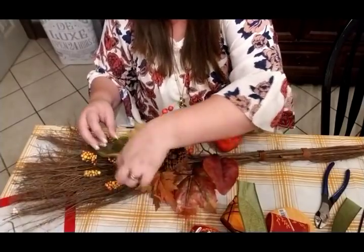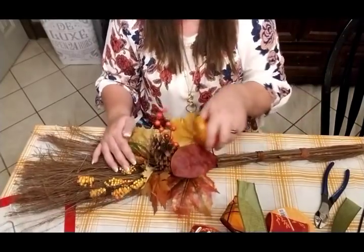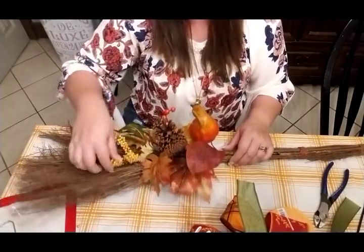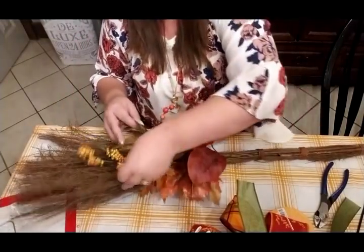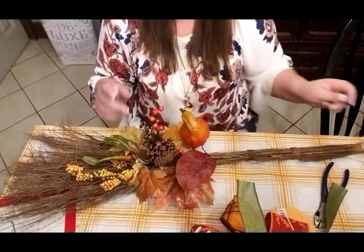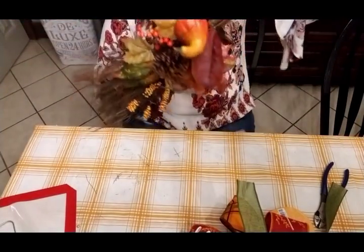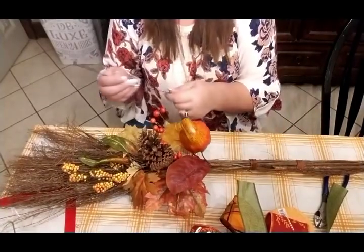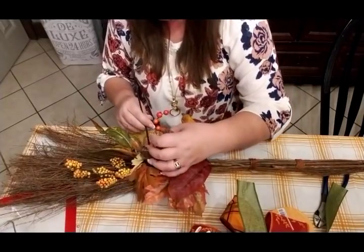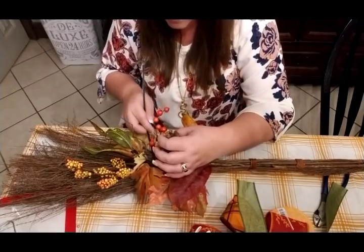And, you know, I know a lot of people, I'm a Pinterest person. I love to get on Pinterest and get ideas for different things. And when my mom told me that she bought these little brooms, I was like, well, I've never really done one before. I did get on Pinterest and I was looking at the different ways that they had them hung, because I didn't know if I wanted it with my bristles up or if I wanted it with my bristles down. And I was looking around at just the different things that they've done and the way that they did them. And truthfully, you guys, I seen one that I thought was kind of cute,